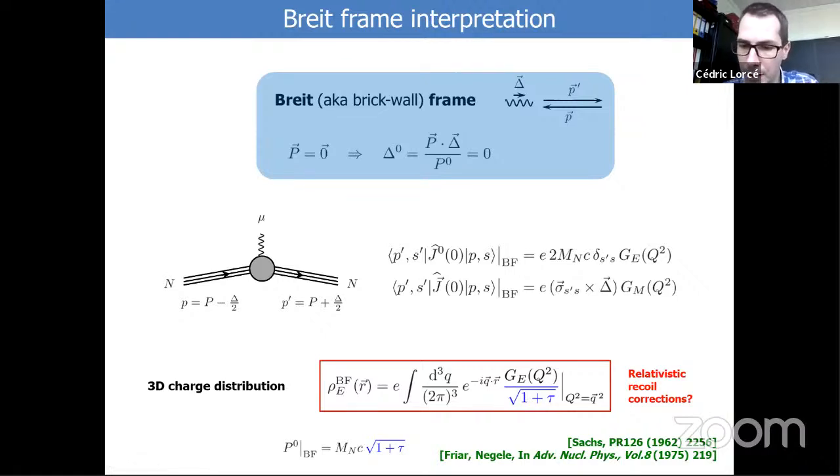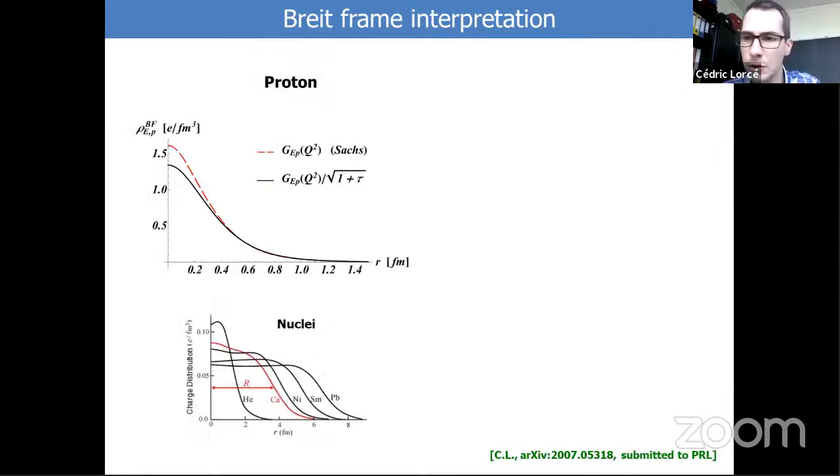So for about 40 years, that was basically what people were doing. They were measuring the electric and magnetic form factors, doing a 3-dimensional Fourier transform to see what you get. To give you an idea what you get with the current extraction of the form factors, let's say for the proton, that's what you get in position space. So the charge distribution associated with the form factors I showed you before are given here.